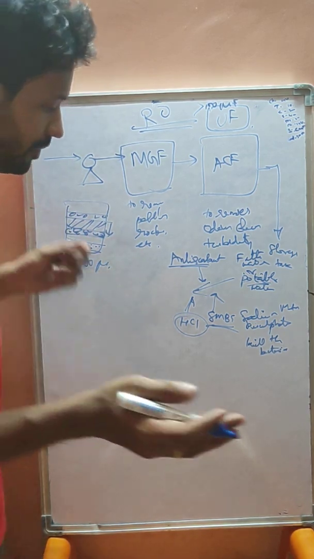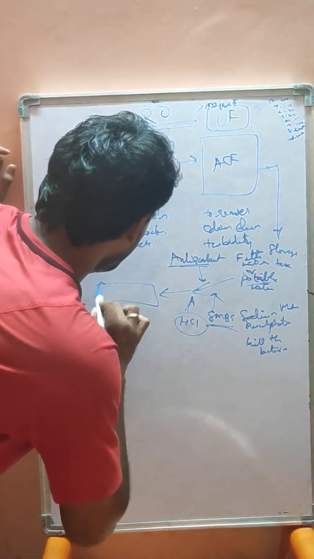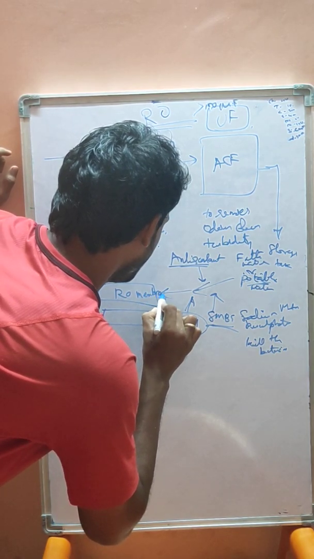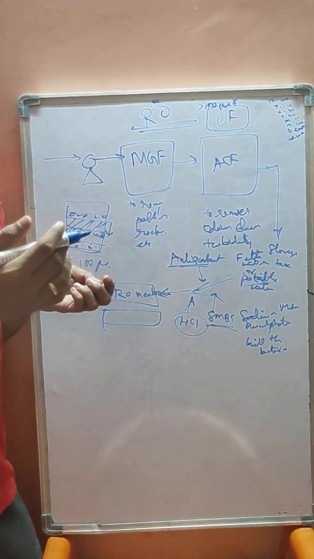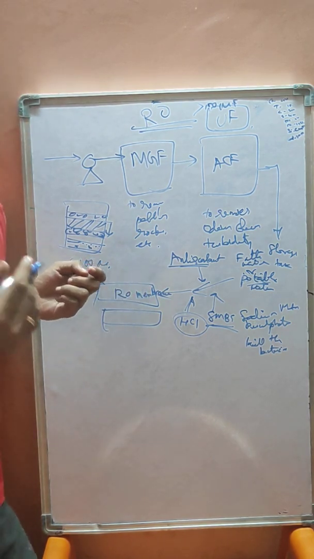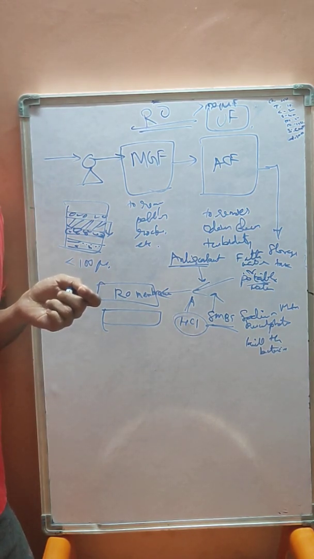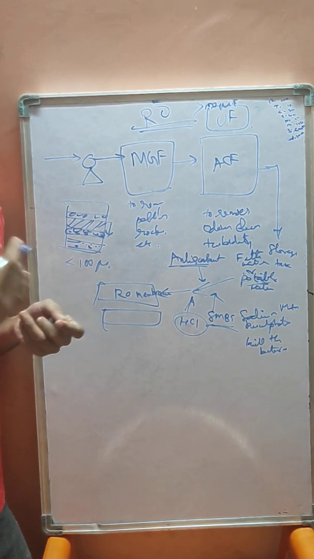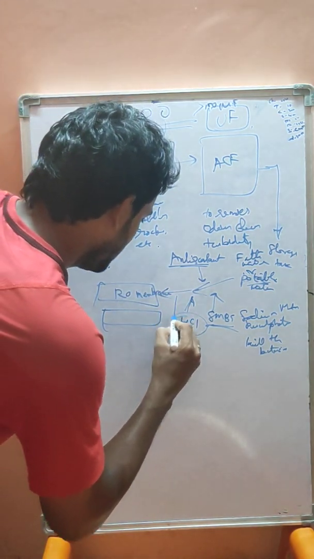When adding the ammonia, we can easily get back to the neutralized pH, which is around 6 to 8.5. After the chemical dosing, we take it to the RO membrane. Based on the capacity and flow rate, we may have a number of RO membranes. The plants won't have only one RO membrane. It may have three parallel membranes or six parallel membranes, depending on the outlet needed and the capacity of the plant. I have just drawn two for your understanding.